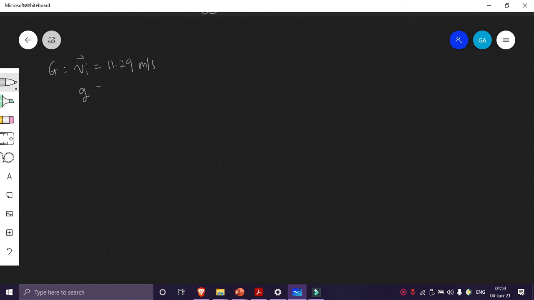Our acceleration due to gravity, which is negative 9.8 meters per square second. And our final velocity, which is 0 meters per second. Hindi na tayo gagamit ng time. We are required to find the displacement of the ball. Right. So since time is not needed,